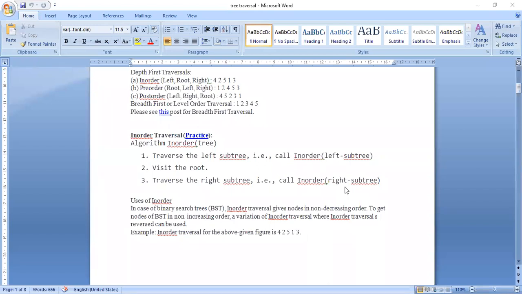The same thing in here also. In the same way, to traverse in order, I will use the in order function to traverse the right subtree. So you can see here, in order of right subtree, in order of left subtree. What I'm doing, I want to know the in order of the whole tree. Then I will do the in order of the left subtree, in order of the right subtree, and next the root as it is, I will print. So you can see that one.